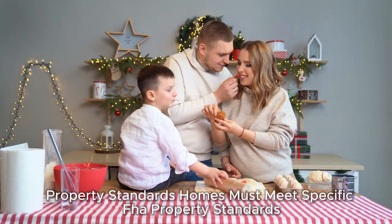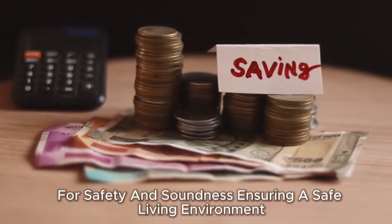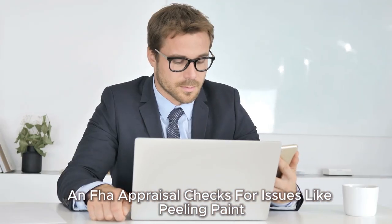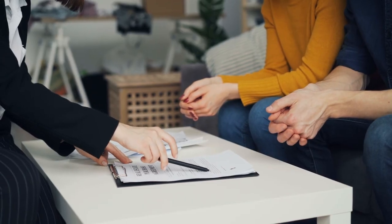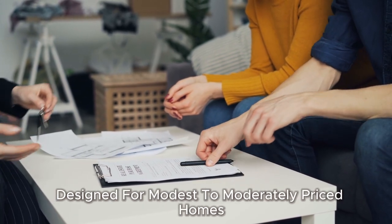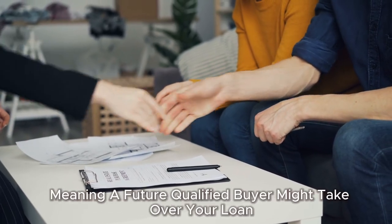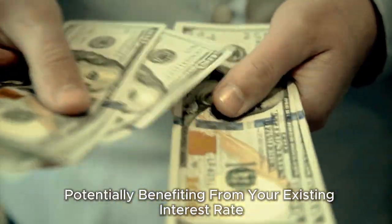Property standards. Homes must meet specific FHA property standards for safety and soundness, ensuring a safe living environment. An FHA appraisal checks for issues like peeling paint or structural problems. Loan limits. County-specific loan limits apply, generally lower than conventional limits, designed for modest to moderately priced homes. Assumability. FHA loans are assumable, meaning a future qualified buyer might take over your loan, potentially benefiting from your existing